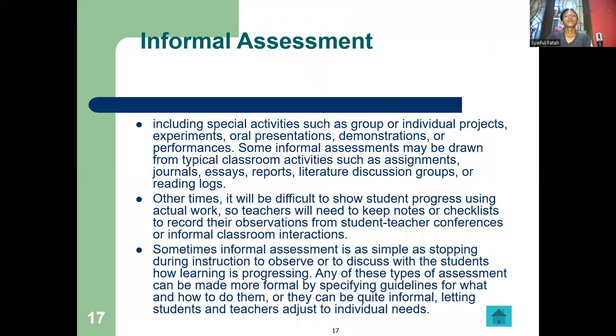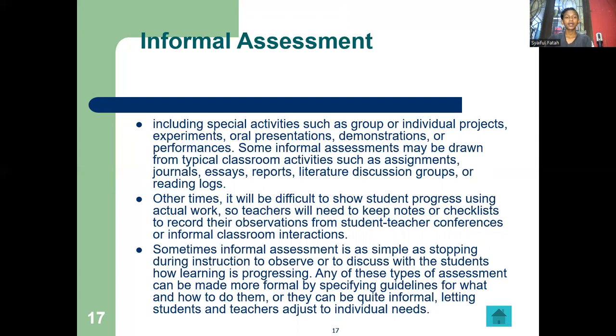Next, informal assessment includes special activities such as group or individual projects, experiments, oral presentations, demonstrations, or performances. Some informal assessment may be drawn from typical classroom activities such as journals, essays, reports, literature discussion groups, or